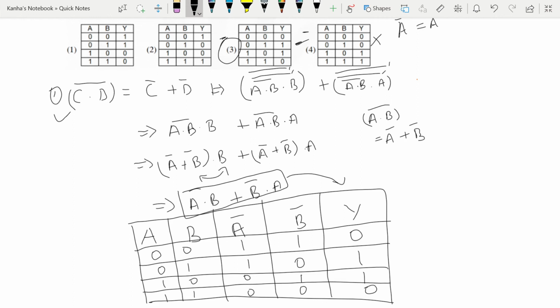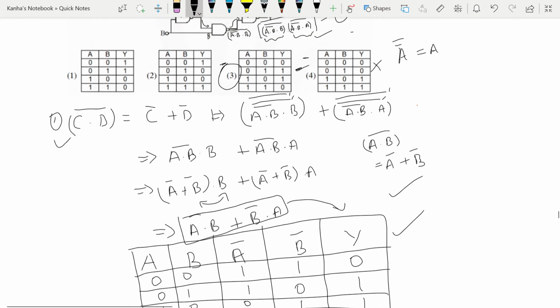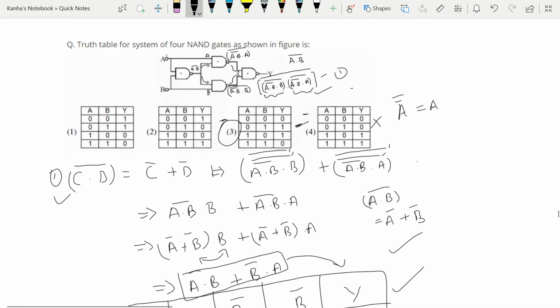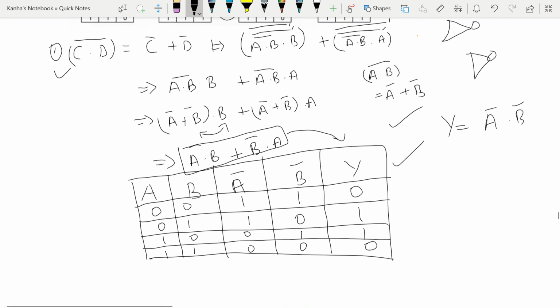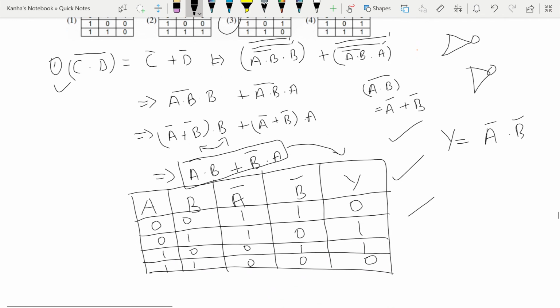Doing these expressions makes it very simple. If you have a basic idea of set theory and those identities which are analogous to the identities you've studied before, then it is extremely simple to do questions of any sort. Here there were only NAND gates. You could have questions in which they might give you NOR gates or NOT gates. So it's very easy if you first try to write the output as an expression in terms of some A bars and B bars, and then calculate them separately and make a truth table out of them.